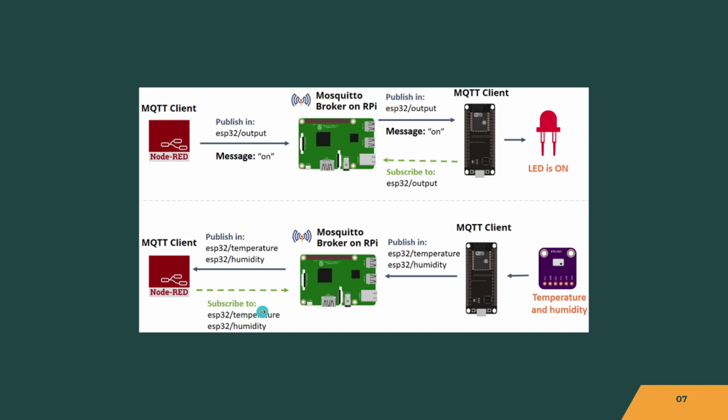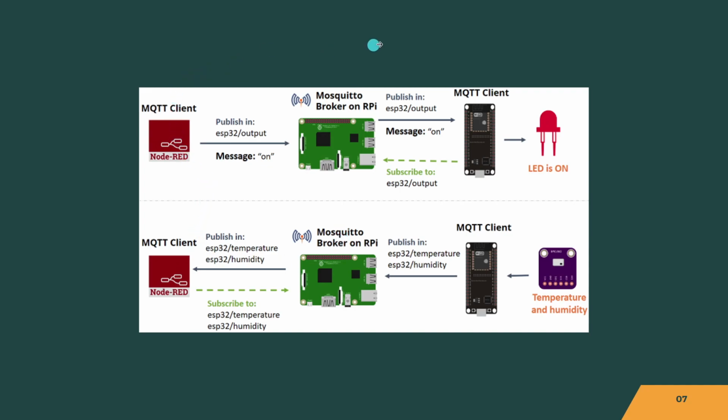In MQTT architecture, we have two types of system, which are client and broker. So what is broker? Broker is the server that clients communicate with. Every message that is published must go through the broker first before it is passed to the subscribers. As you can see here, we can either have a cloud service or a local server that we install on the Raspberry Pi to be used as the broker. In order to tell who messages who, publisher and subscriber use topics for a link of communication to be established.